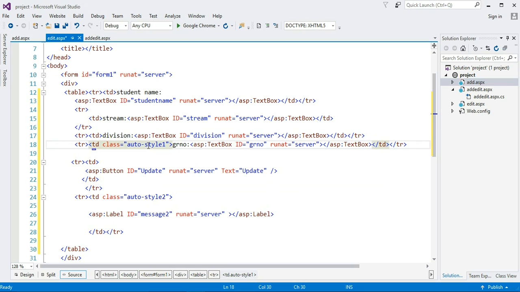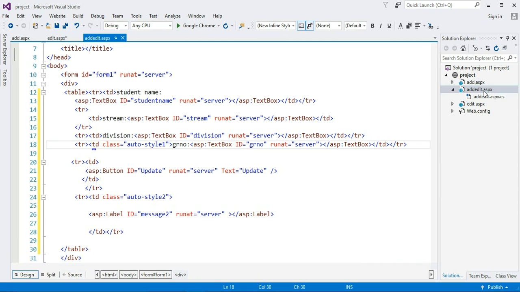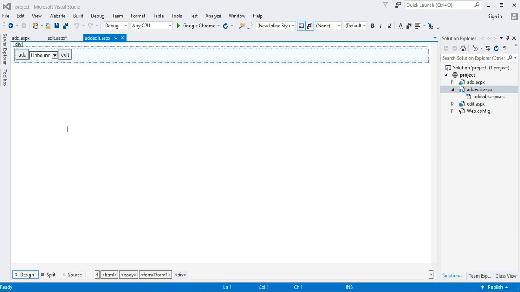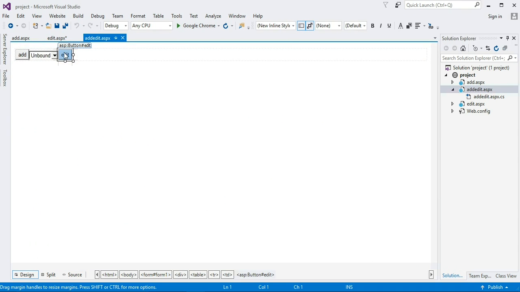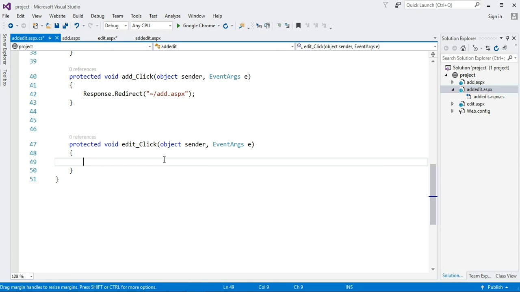Now go to the design part of the add edit page and double click on the edit button. We are now on the CS page under the on click event. Now write the code to go to the edit page.